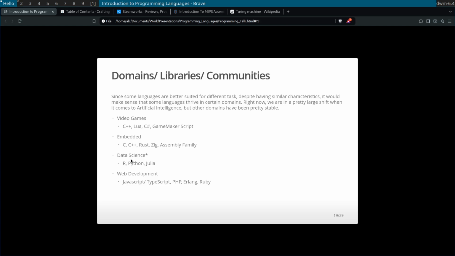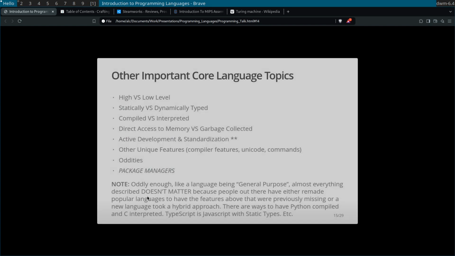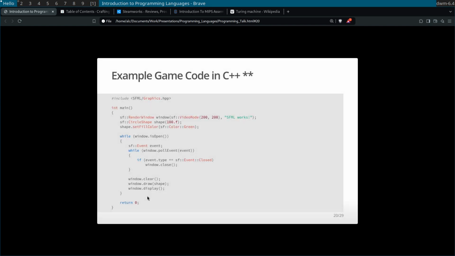The data science community is really dominated now by Python. It used to be pretty dominated by R. And then there's Julia, which also does a lot of data science, but each of these has their different pros and cons. And they're all in the data science realm. But I just wanted to talk about that history, which is why this asterisk is here. And then in web development, you obviously have things like JavaScript, TypeScript, PHP, Erlang, and Ruby. So kind of interesting. I'm going to show some of this stuff along with some of the other stuff I was talking about on this page as we move forward.